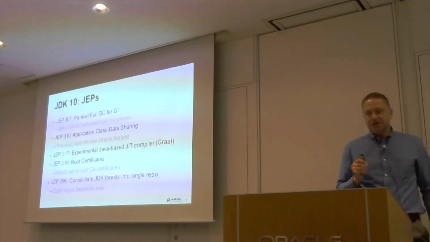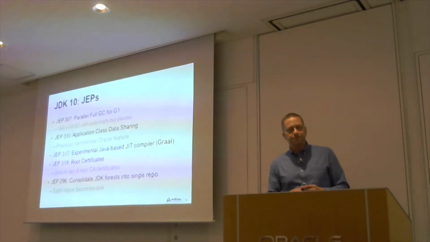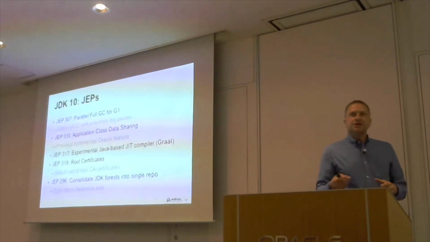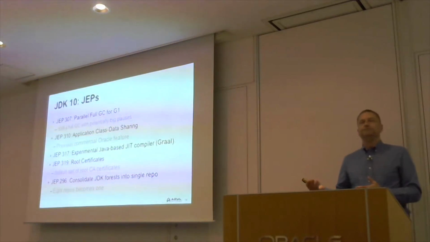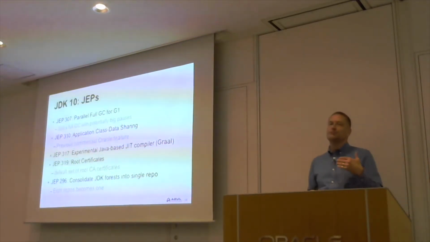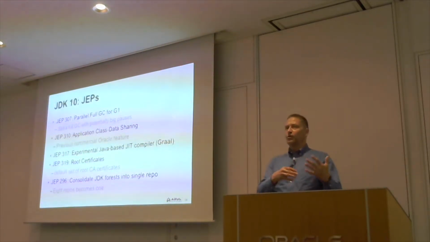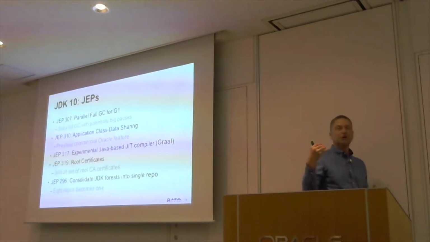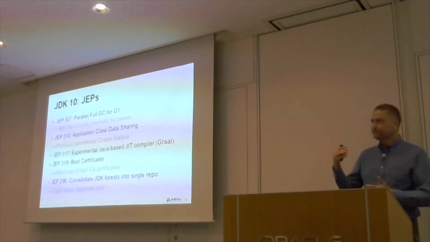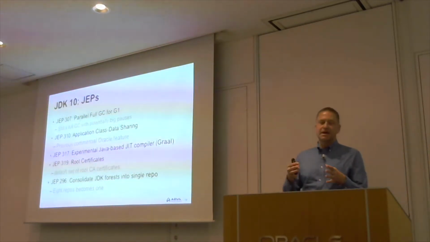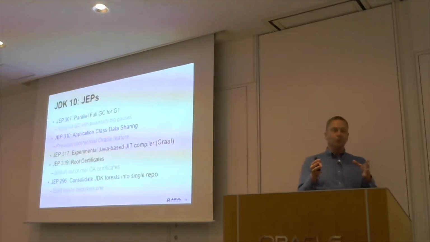Other things going into JDK 10, there's a number of what are called JDK enhancement proposals, or JEPs. First of those is the idea of improving the performance of the G1 garbage collector, because people were complaining that compared to the parallel collector, it wasn't doing quite so well. It's better for low latency, but it's not quite so good in terms of performance compared to the parallel collector. So now G1 has a parallel phase for a full compacting garbage collection, so it actually performs a bit better than it did.